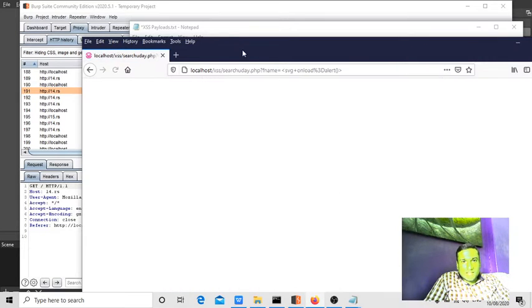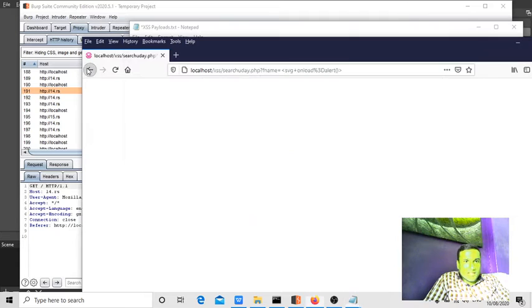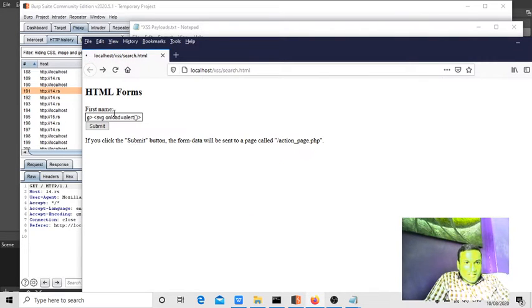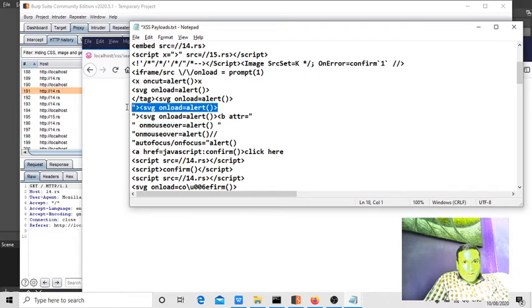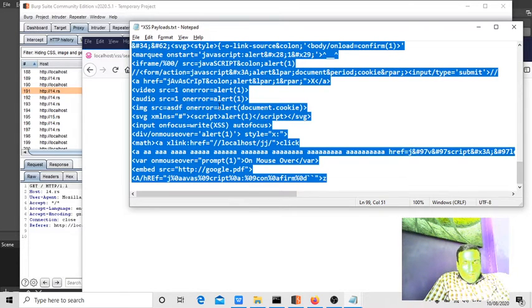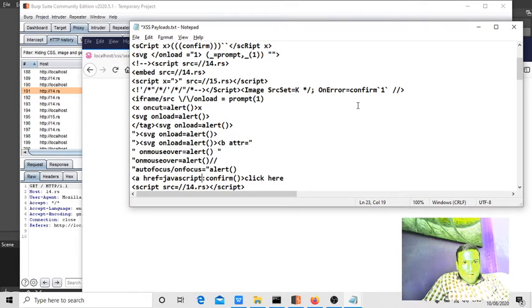We executed this, right? SVG. This is the tag onload is equal to alert1. This is something similar itself, guys. Yes, now this one is interesting, guys, because he is giving double quotes equal to. This works only when,